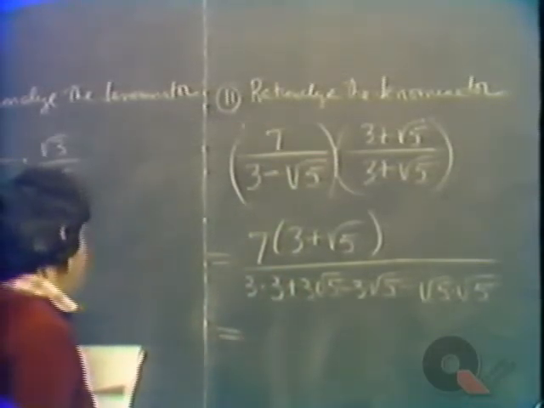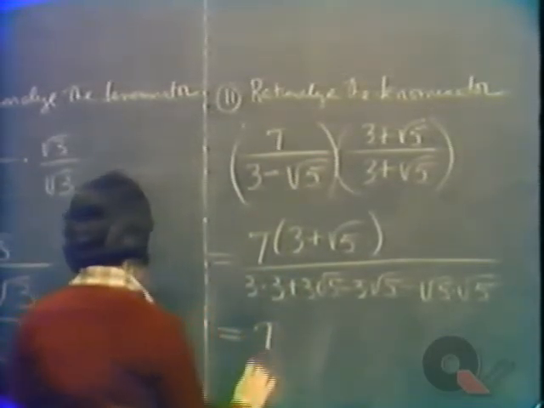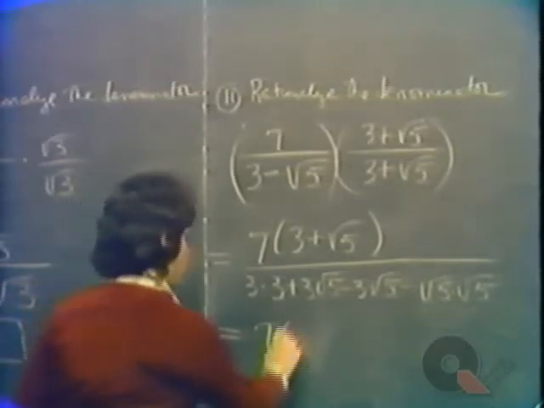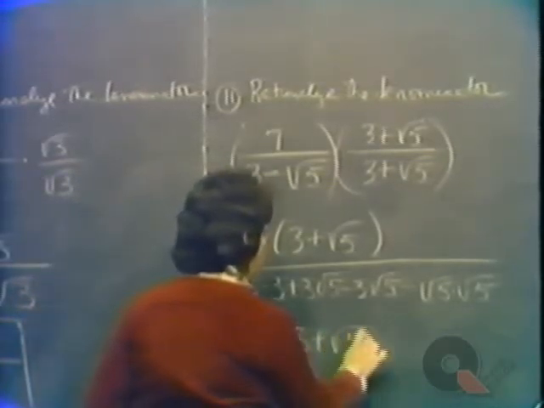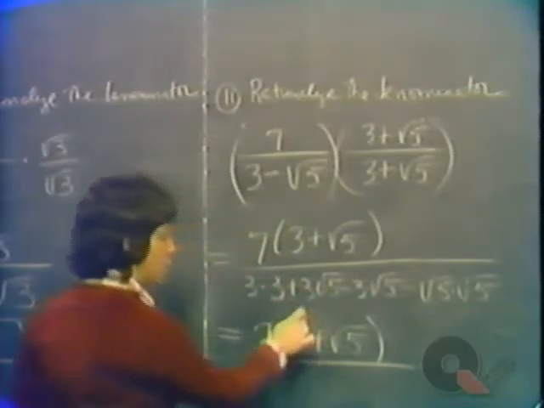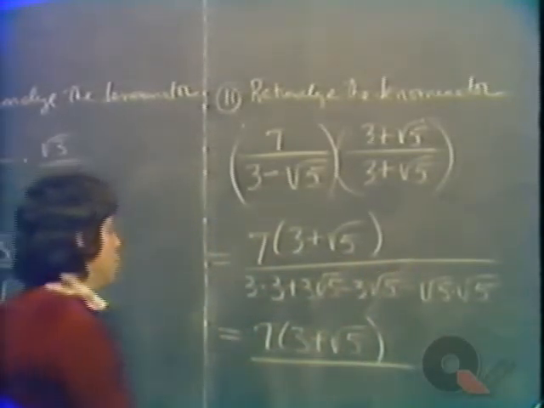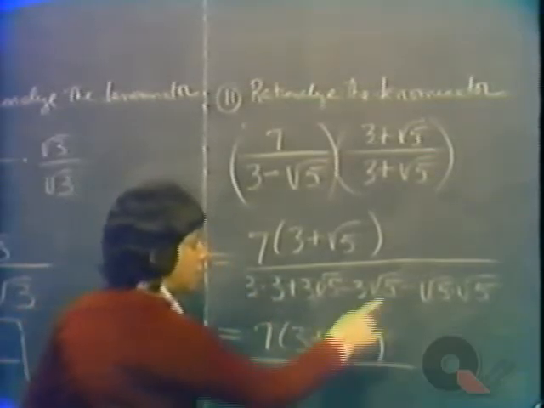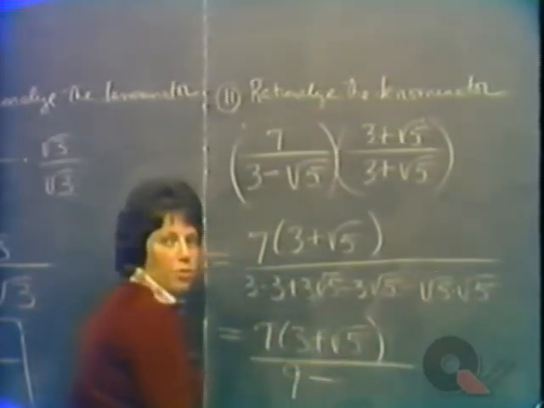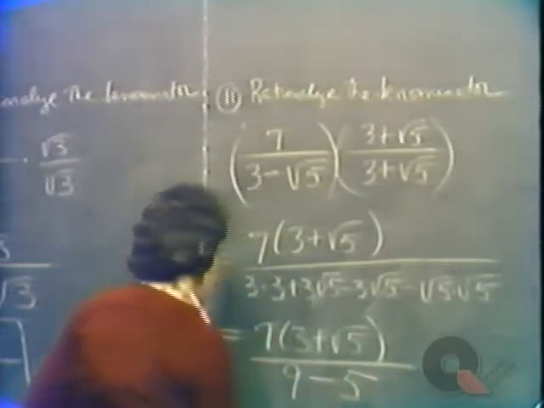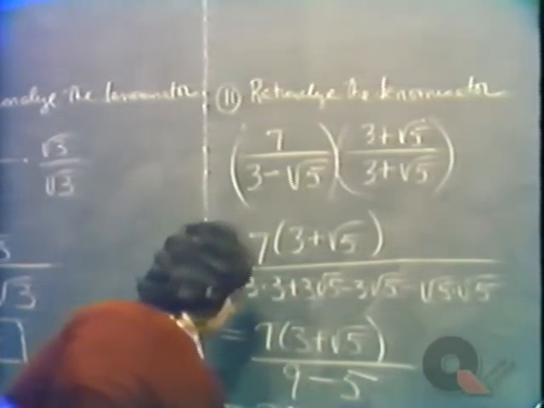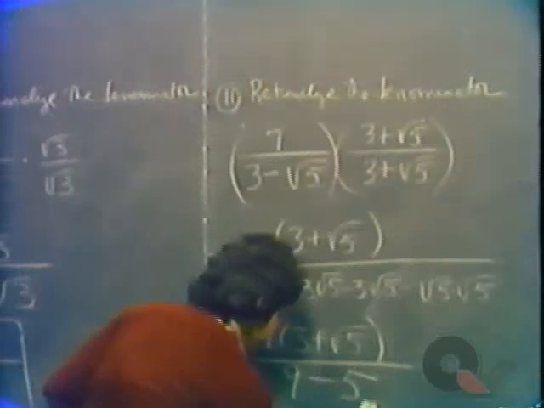So we have 7 times 3 plus the square root of 5 over. Now, of course, here, this 3 the square root of 5 and minus 3 the square root of 5 cancel out. We have 3 times 3, 9, minus the square root of 5 times the square root of 5 is 5. So we get 7 times 3 plus the square root of 5